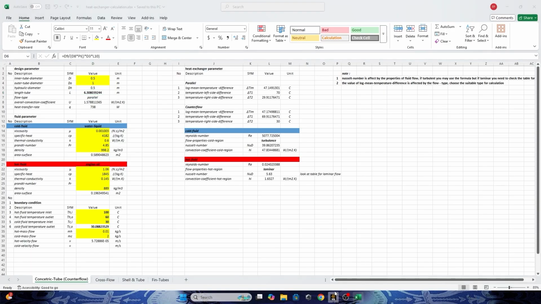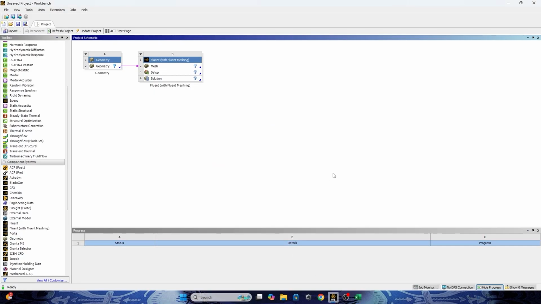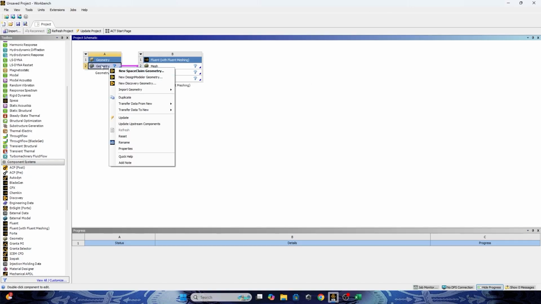I will do the sketch drawing, and I will also provide you the sketch so you can follow it to make the geometry. Okay, so let's go. Open this geometry in Express Geometry.